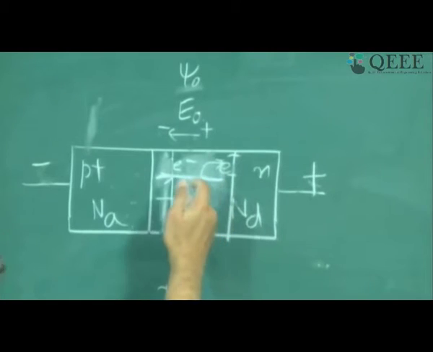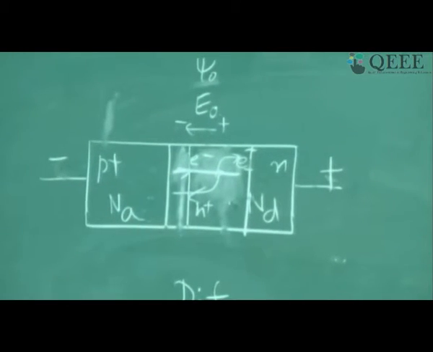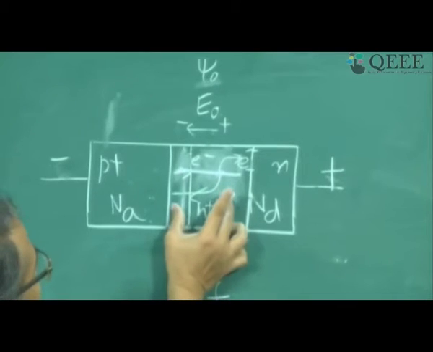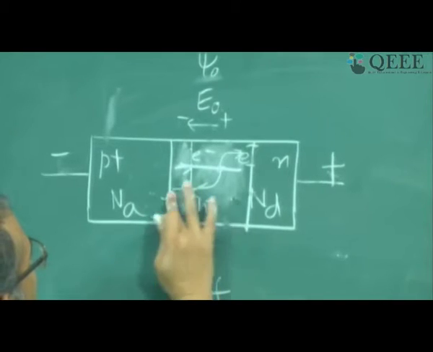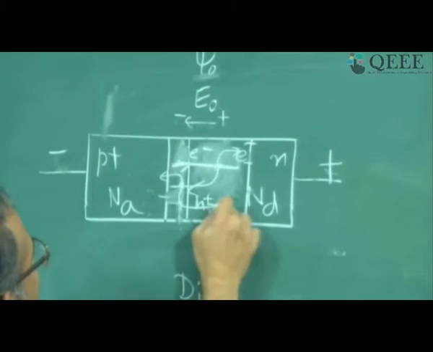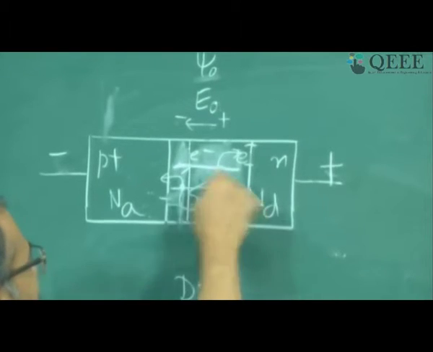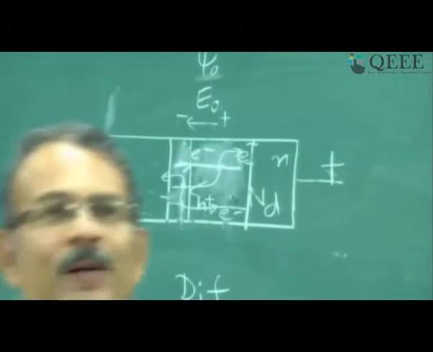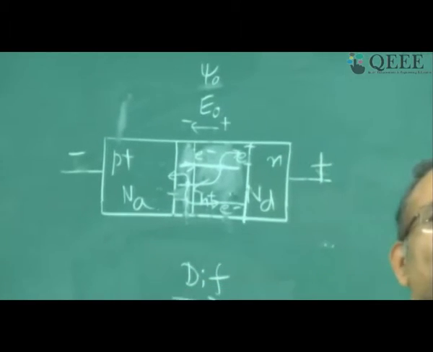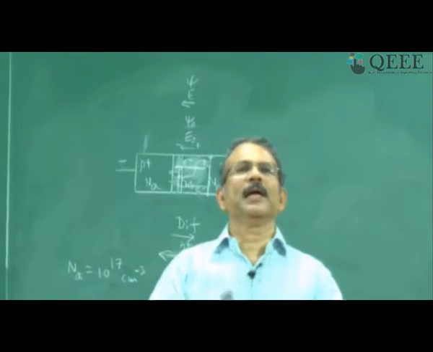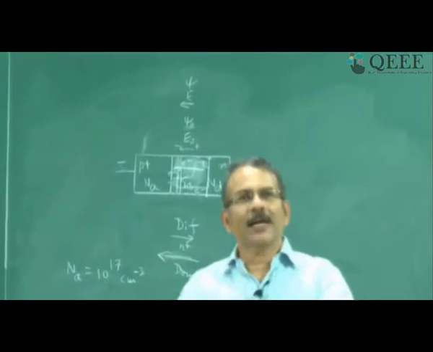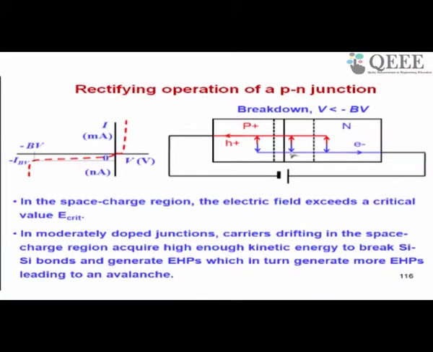Now this hole, while moving, will generate another electron hole pair because the distance is large. So suppose another electron hole pair is generated. So you get a hole and you get an electron that moves back. Now this electron can again generate an electron hole pair. So that is how it is an avalanche. It's like a storm, positive feedback, right? One electron hole pair is generating a large number of electron hole pairs, which in turn are generating more electron hole pairs. So this leads to an avalanche, and that is why you get a high current here and breakdown happens.